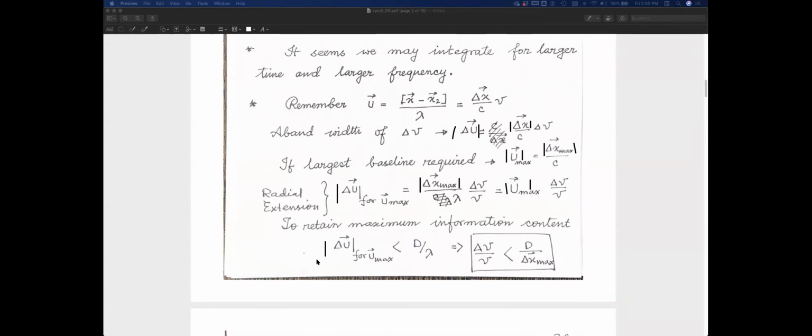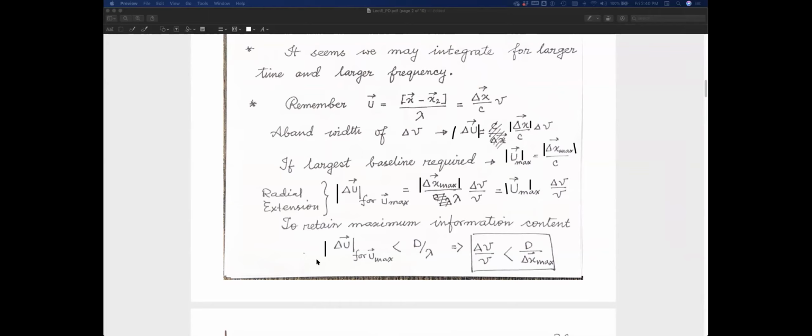Should I be able to integrate for as high time interval as I want, or as large frequency as I want? The answer is no for both cases. And let us see roughly why that is the case. This derivation or expressions are not exact. There are certain things which are completely ignored, but this take home